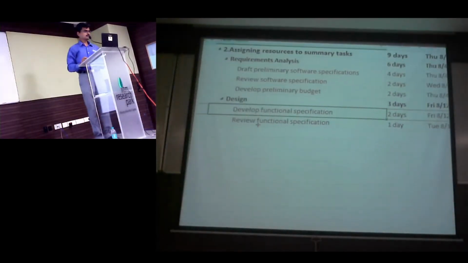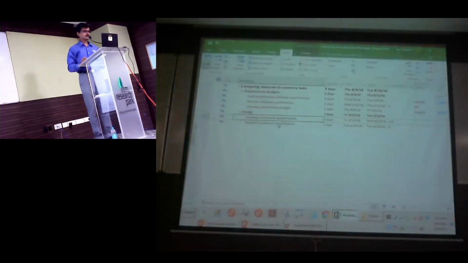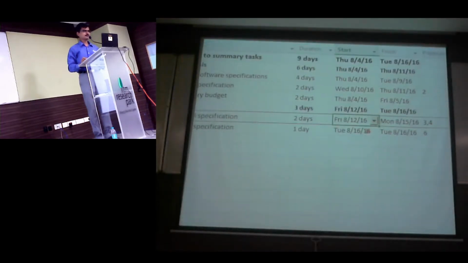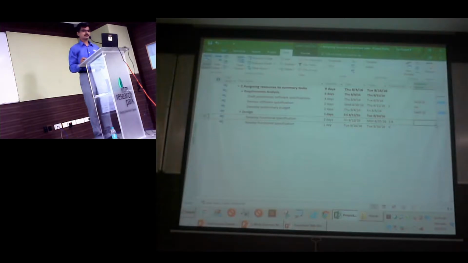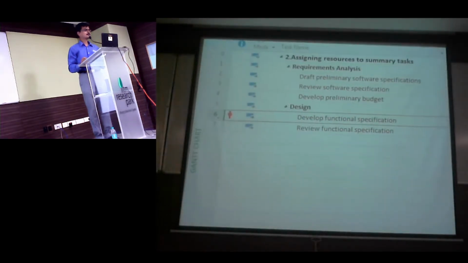So just notice this task. Develop functional specification. When is the schedule now? 12th of August. So I'm just going to assign Durai to it. Let's see what we get. Durai will be happily assigned to this task, but he will be overloaded. What is this? So the moment you have it, you have an option. You can either change this allocation or you can find another available resource to get this done. So is everyone good about it?